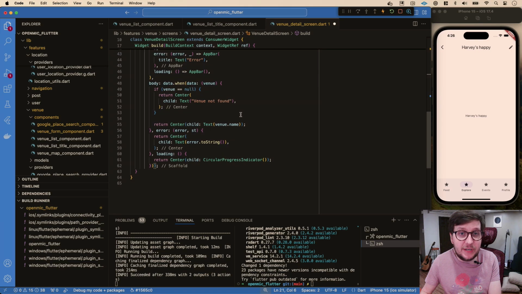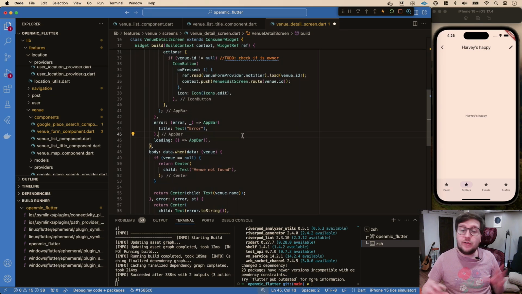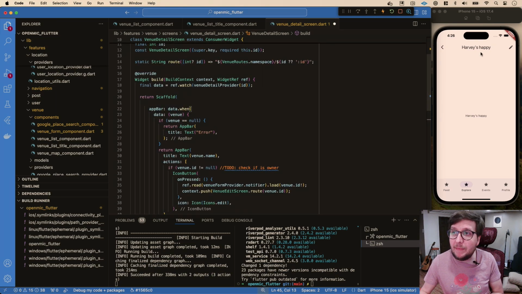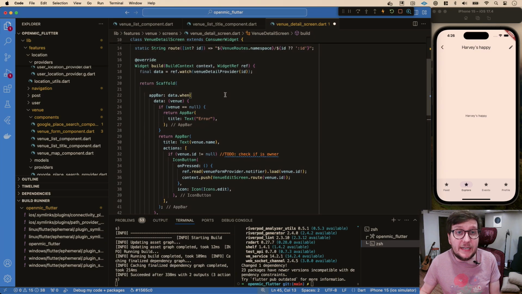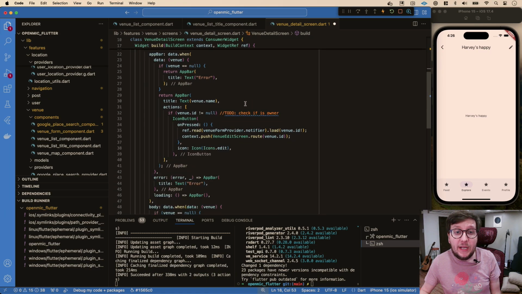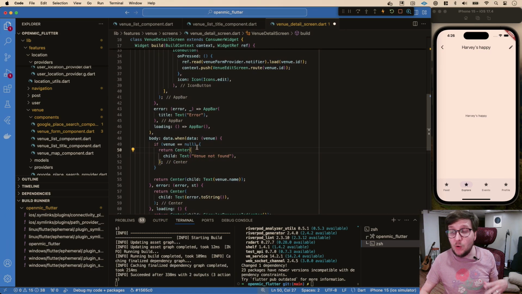And what I like to do here is we have the screen itself, which manages a few things, right? It has the app bar, it has like a back button. Maybe we're gonna have an edit button on it, like right there. And it does this watching the venue detail provider to get it based on the ID, which is super handy because if someone came to this page first, especially in web, that's pretty easy to do. Just by the ID, which is going to be in the URL, as we can see here, it'll have everything it needs to load. But what I like to do is kind of have now a component that represents